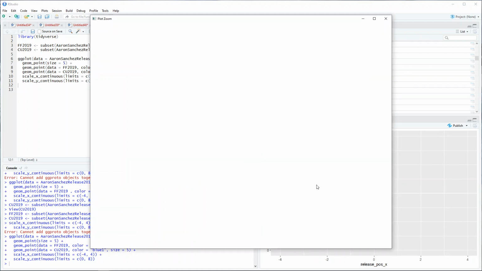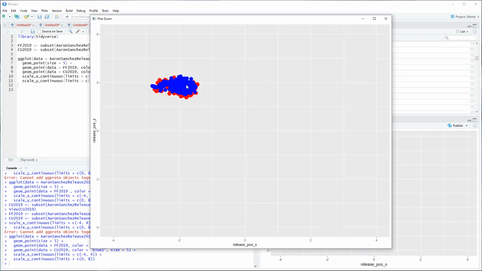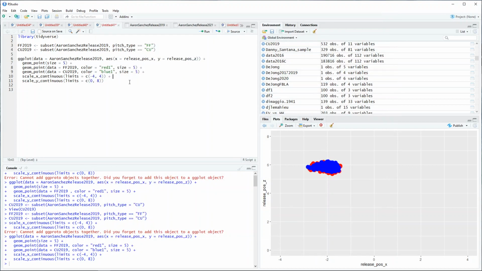So that's what we're doing, that's what we get. Pretty standard. That's not a big difference in release point. Looks like they're all pretty much well on top of each other. So that's that. Now what we wanted to do is do it for